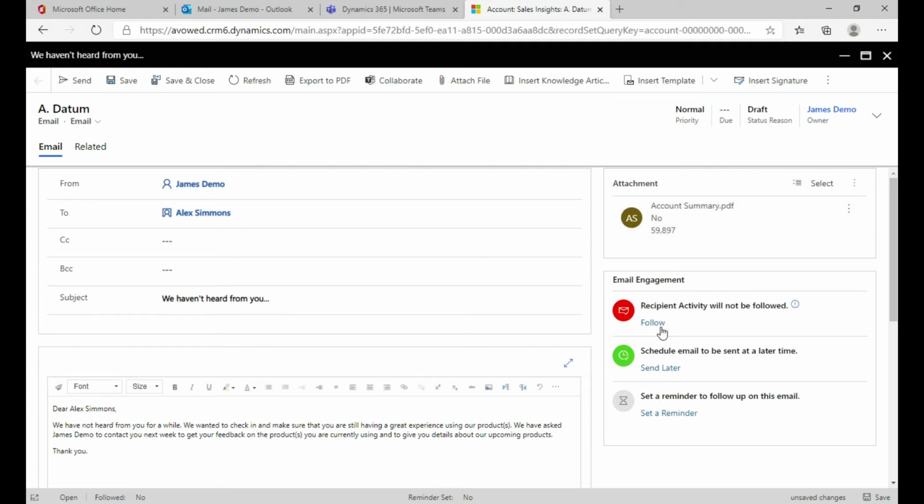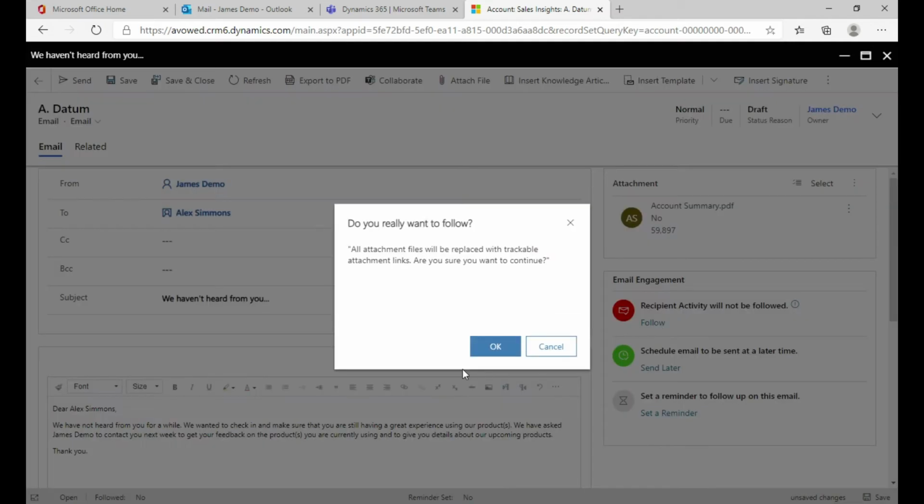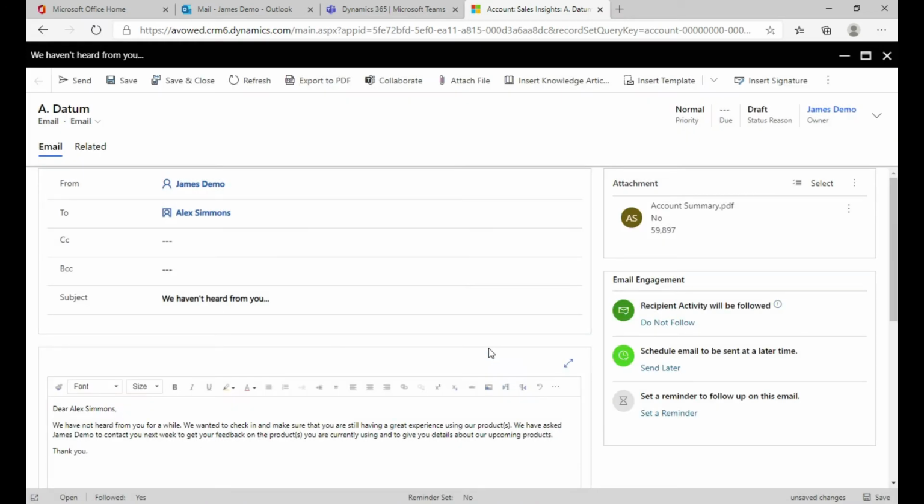Now, the good thing about using Dynamics is you get the ability to do a couple of things, which is I want to follow this email. So following the email will do things, and if we come back and have a look, it'll tell us, did they open it? Did they open the attachment? Did they respond to us? And that's really important because it gives you some control over what you do down with the reminder. So you can schedule it to be sent at a later time. So if you've got this set up and you know a particular thing's happening on a date, you want to do all this work in advance and get it ready to go,